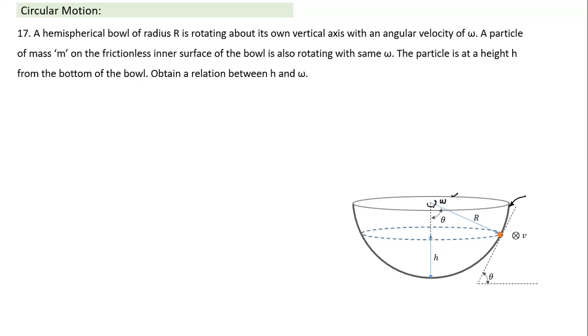Just imagine you take a piece of wire bent in the form of a semicircle of radius r, and then you slip a small ring onto it. On a smooth ring, the ring will come down to the bottom. But if you start rotating this semicircular ring with angular velocity omega, does it make sense? The faster you rotate, the higher this ring will go. It will come to a state of equilibrium at a particular height.